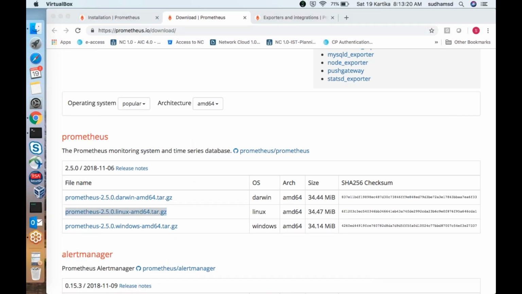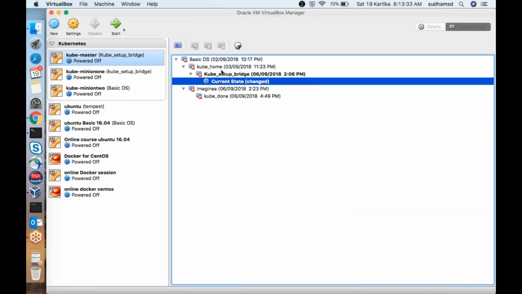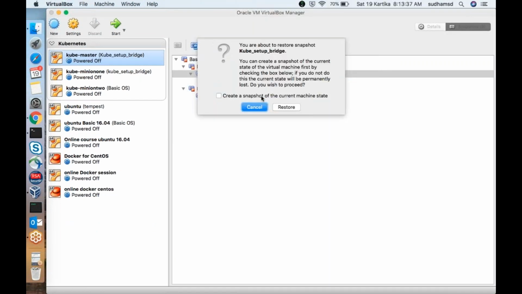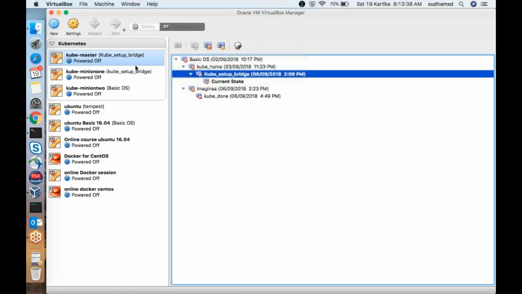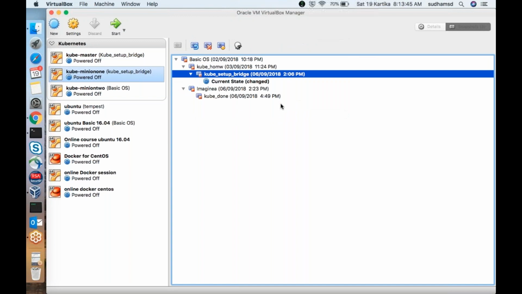I will install on the Kubernetes nodes itself. I don't want to create another node. Only two nodes I'm taking.